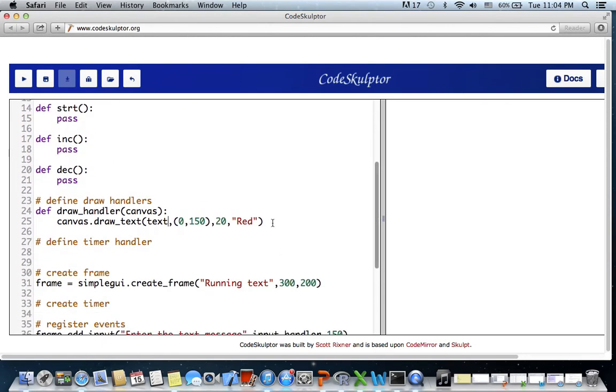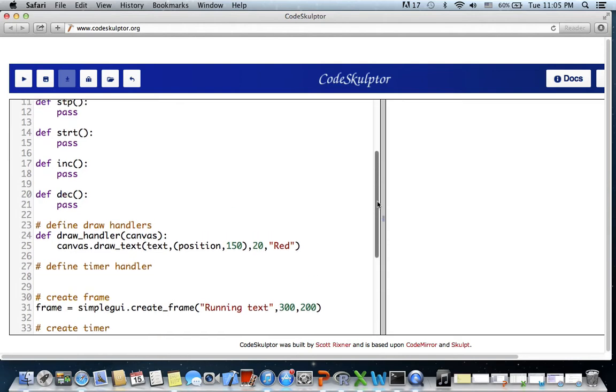So I made the text as a variable. Also, since our purpose is to move the text from left to right, I don't want the position to be hard coded. In fact, I want this to be a variable which we can later on change so that the text position would change. Since I have put two variables,